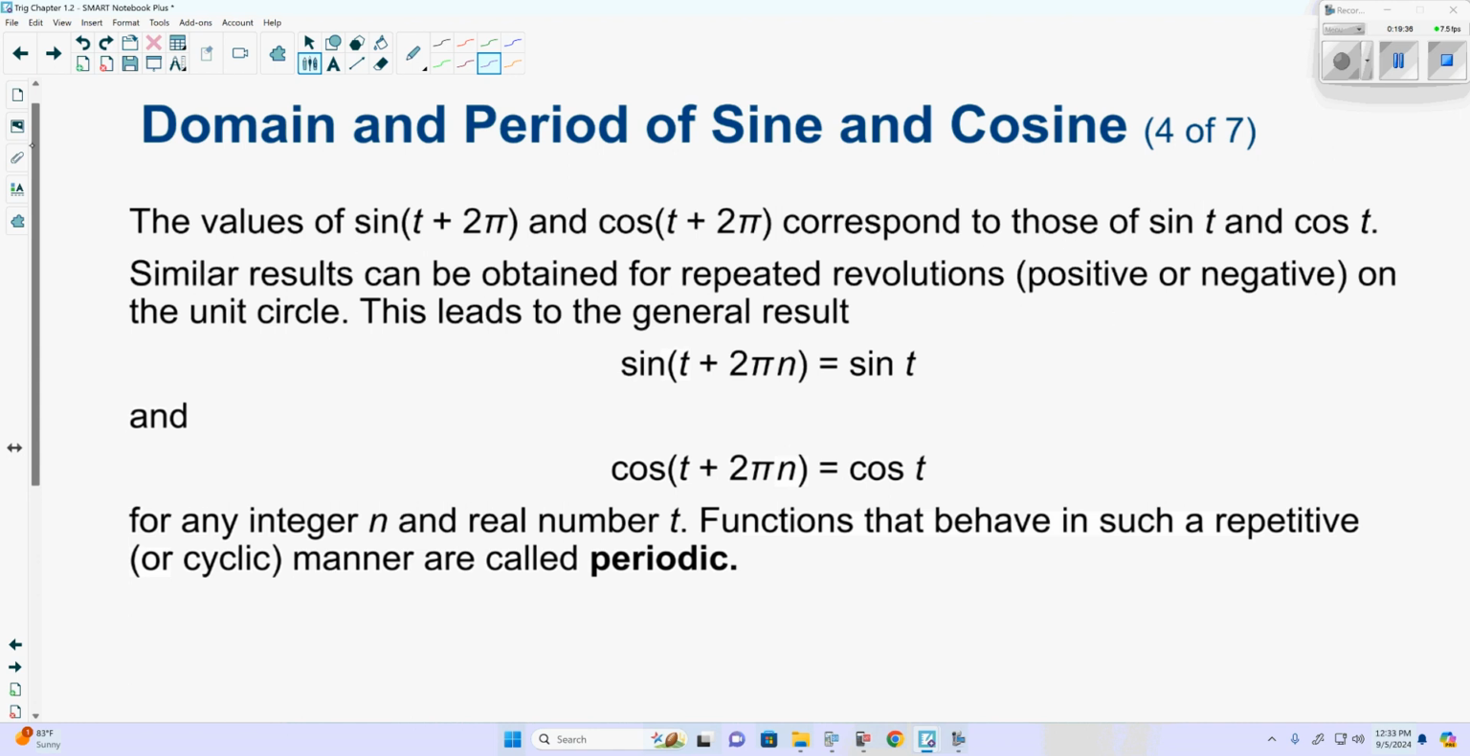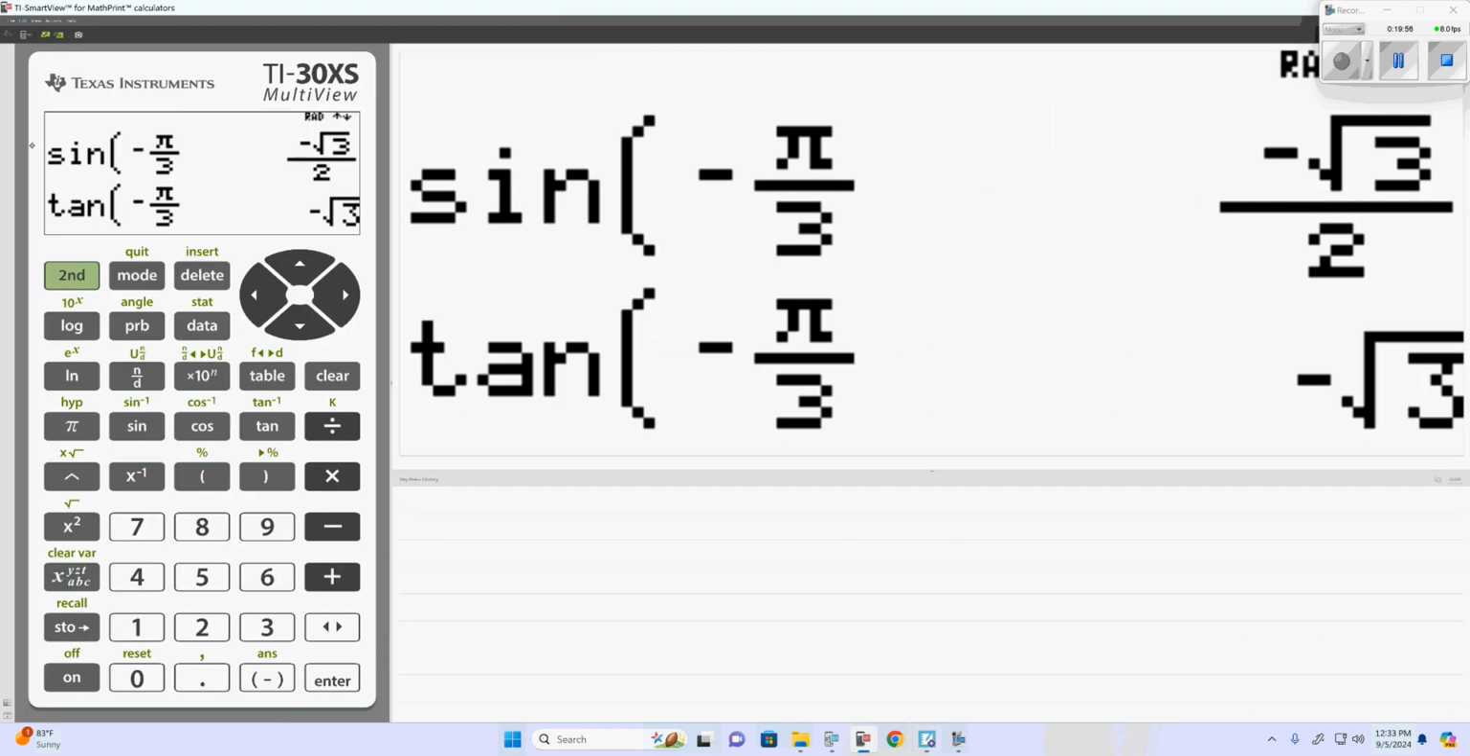Domain and period of sine and cosine. The values of sine of t plus 2 pi and cosine of t plus 2 pi correspond to those of sine of t and cosine of t. Similar results can be obtained by repeated revolutions, positive or negative, on the unit circle. This leads to this here for any real number. So all they're saying is that,